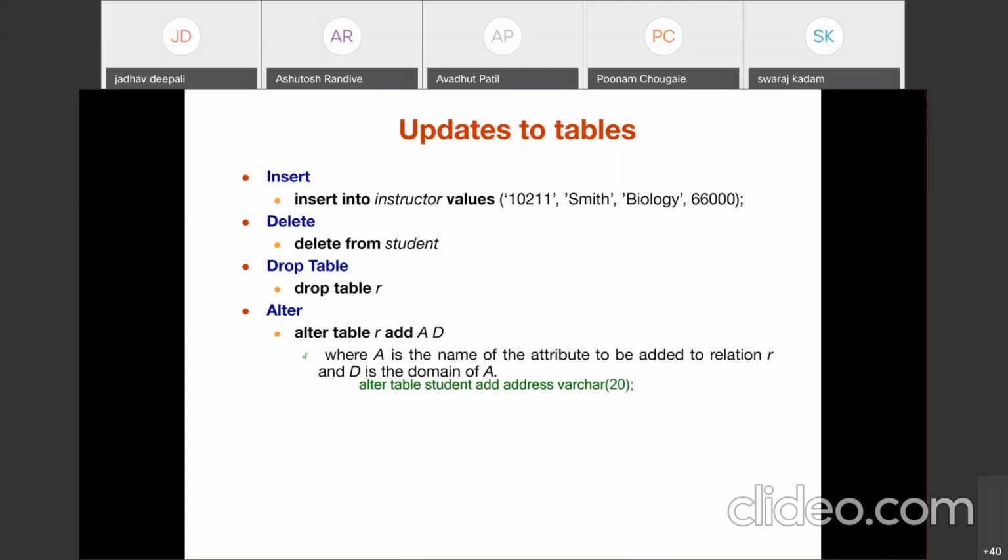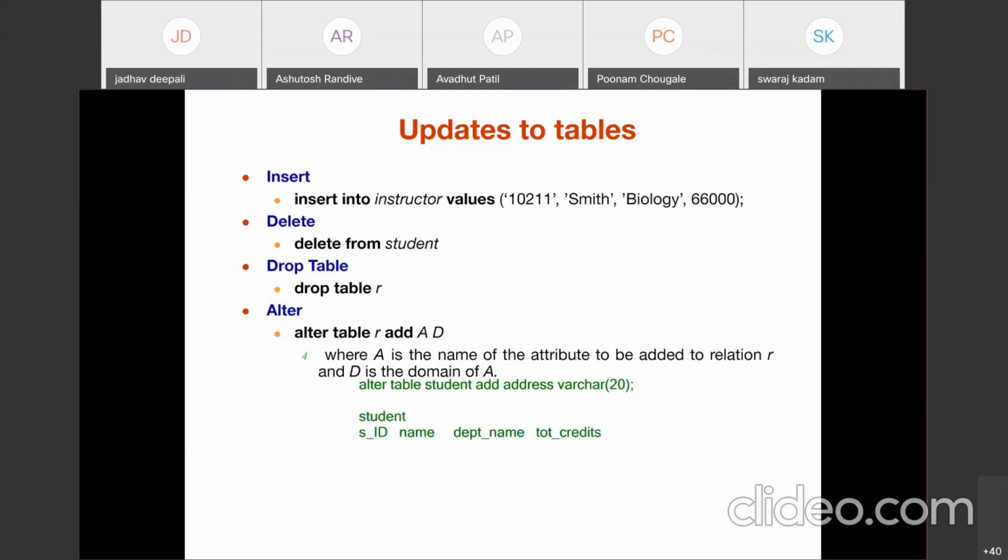For example, suppose the student table is there with SID, name, department name, total credits.